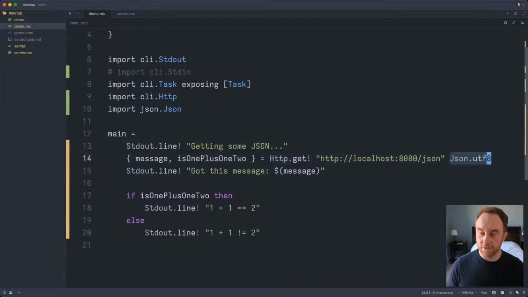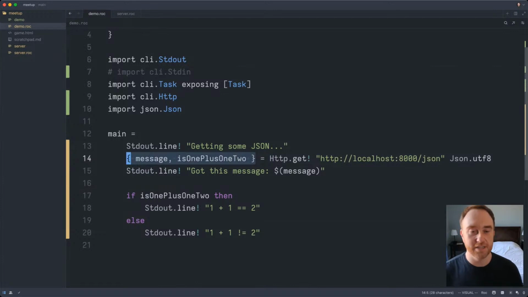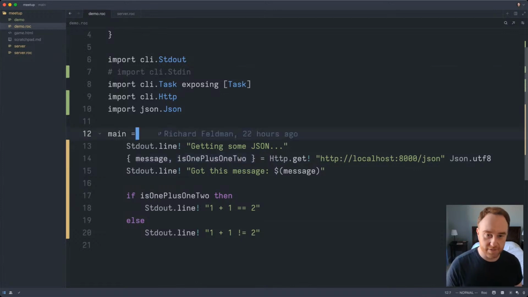Because I said I expected UTF-8 JSON, and also from type inference, it knows that I expected this shape of JSON. This fails right away, even though I didn't have to spell out what the schema is. I didn't have to declare anything. It just figured it all out from type inference. So this is a good example of something that's always been a goal of mine for Rock, which is trying to learn from dynamic languages, but also trying to improve on them by bringing in things from the static type checking